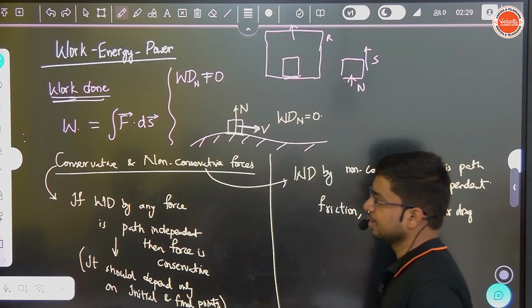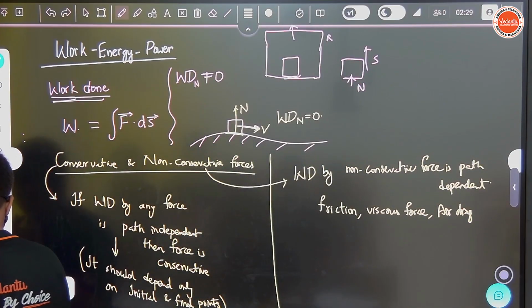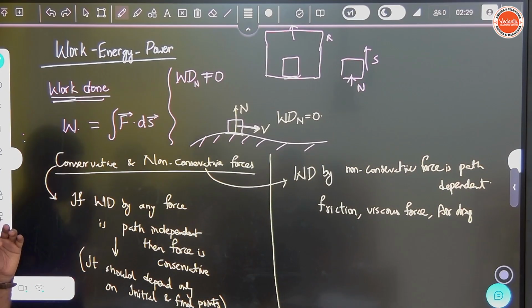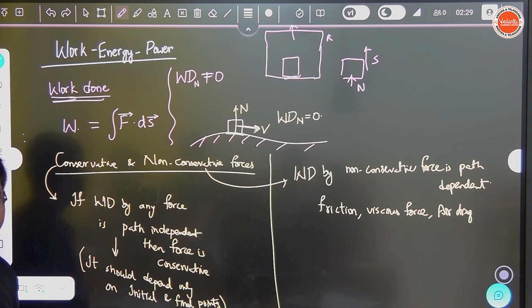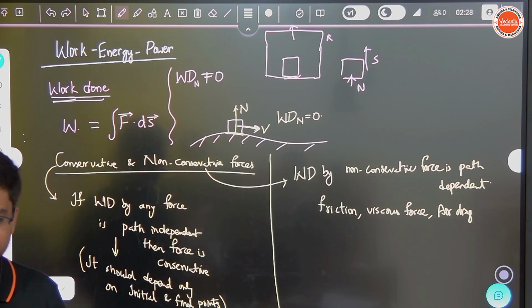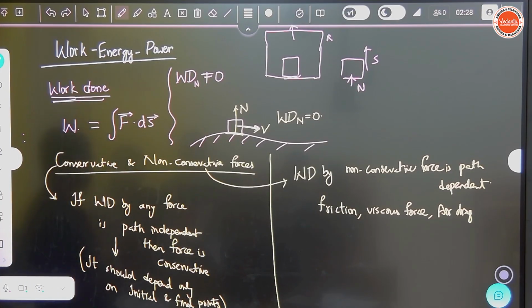Okay, got it. Now, tell me what is the relation between work done and energy over here? You know what is the energy of a body, right? And I also have defined work done over here, right? If a force is acting on a body and it displaces the body in the direction of the force, then we define the work done mathematically as integral F bar dot ds bar, right? So now, what is the relation between this work done and energy here?